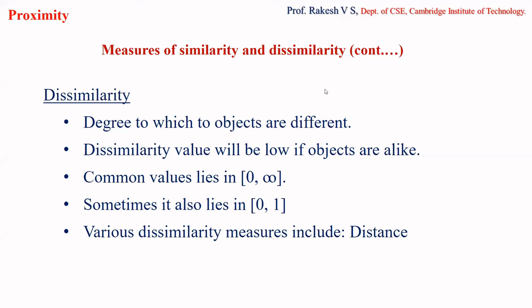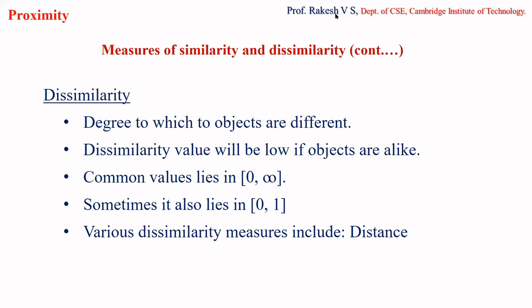Clear? So this is the introduction to what similarity and dissimilarity are. When I say similarity, you are going to find how similar both objects are to each other. When I say dissimilarity, it is the exact opposite: how much they are dissimilar to each other. So we are going to solve more problems on these. There are various different measures, and we are going to consider them one by one in coming classes.